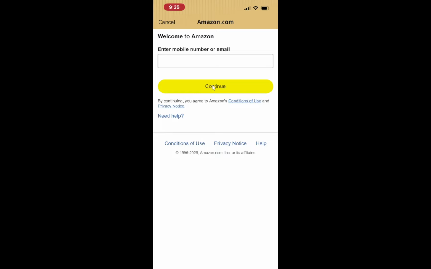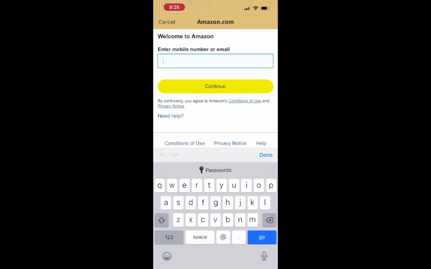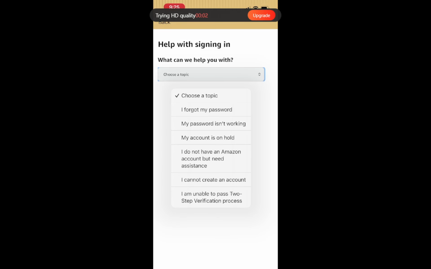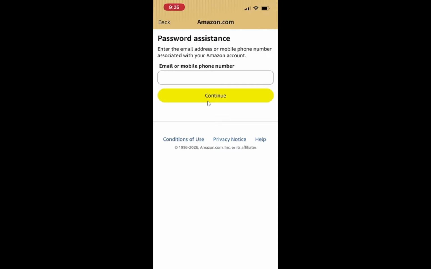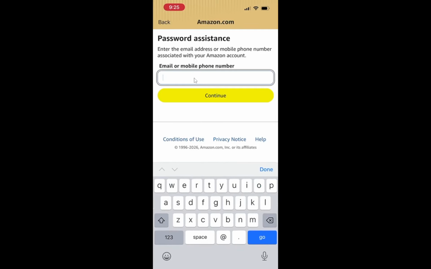Next up, tap forgot password. As soon as you tap it, Amazon switches to a password assistance screen. Here, it asks how you want to confirm that the account belongs to you. Beginners sometimes look for the old password here, but remember, this page only helps you create a new one. After that, enter the email address or phone number linked to your Amazon account. Type it carefully because a single wrong letter sends the reset link to the wrong place or makes Amazon say it cannot find the account. When you are done, tap the button to continue to the next screen.